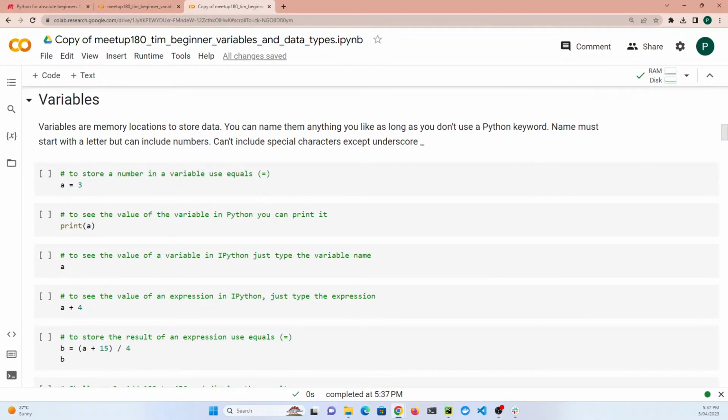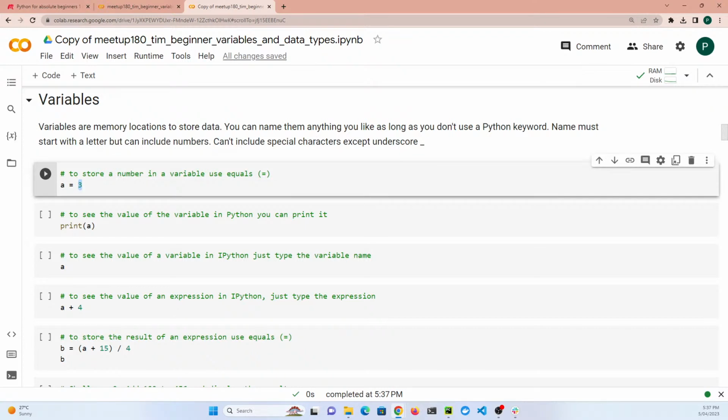Okay, so the first thing we're going to look at is variables. Variables are basically memory locations where we store data in a computer, and we can give them any name that we like, as long as it's not a Python keyword. If I wanted to store the number 3 in a place in the computer, I can store it in a variable called A, and by calling it A, I can then get access to it at a later stage to get it back out just by using that variable name. So if I run this cell,